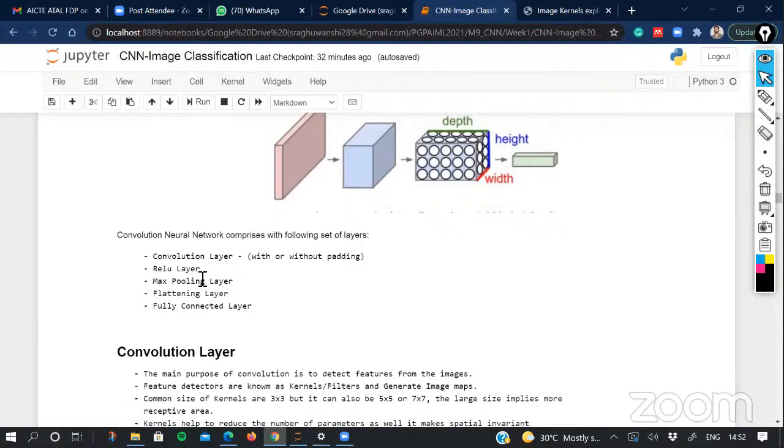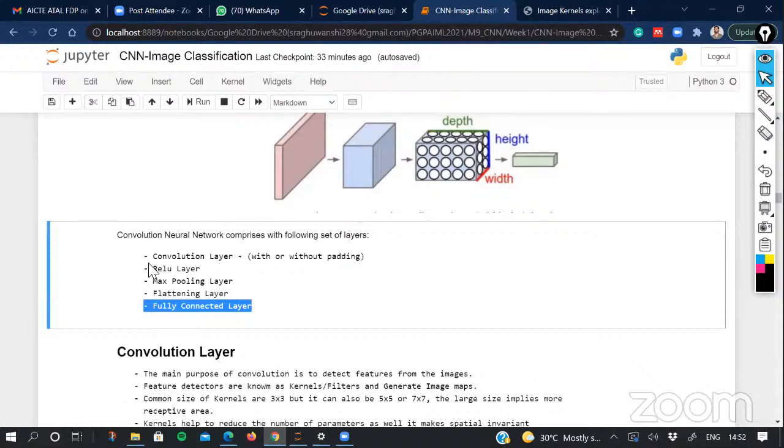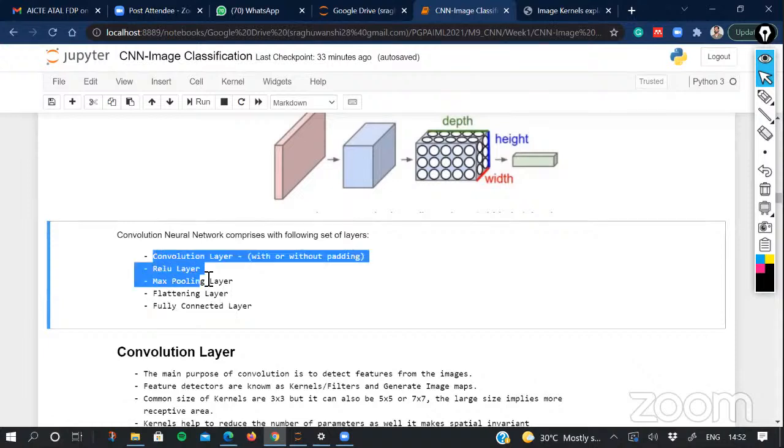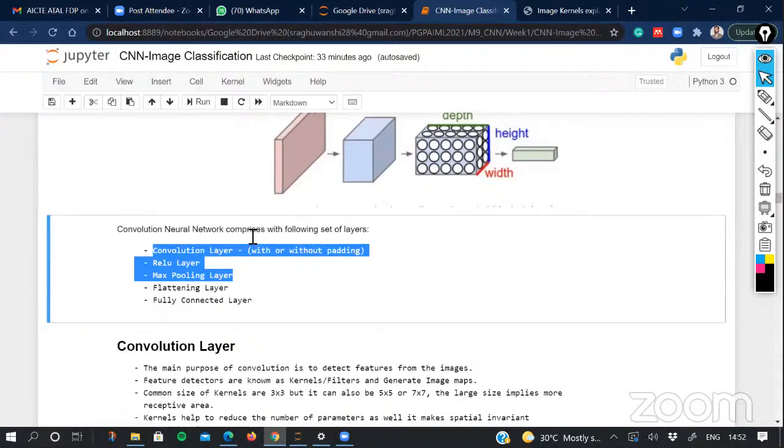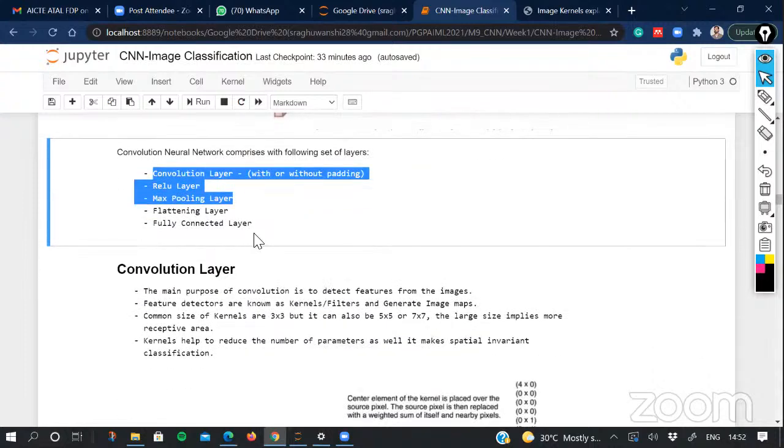Then we use a max pooling layer. The job of the max pooling layer is just to reduce the size of your input space. And finally, we use a flatten layer and a fully connected layer. The job of the fully connected layer is classification, whereas the job of the convolution, ReLU, and max pooling layers is feature extraction. So we will see all these layers one by one and how these operations are carried out.